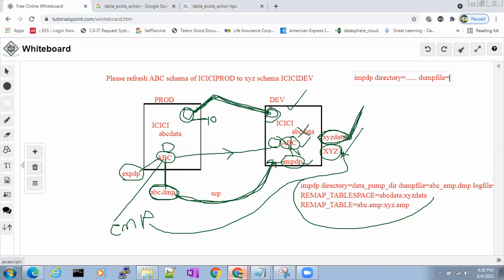You're importing the emp table, so emp.dump. Next, logfile=emp.log. Then tables=EMP, or else if you are using schemas, for example, anything it could be, or else you can use tables also. That's all.